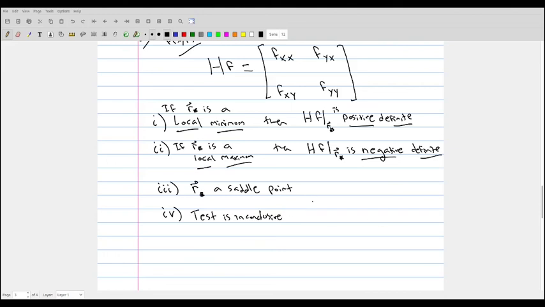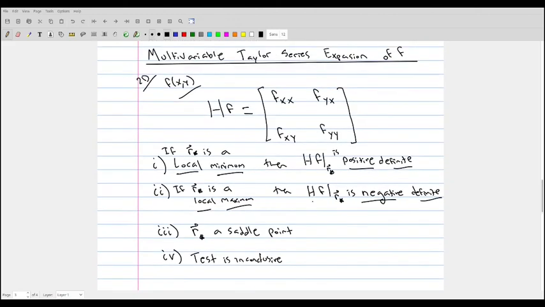Or it doesn't actually tell you whether or not the R star is a local minimum or a local maximum. So these are the four conclusions of the second derivative test, and it actually comes directly from the multivariable Taylor series. I might include an optional lecture a little bit later on to go over this more, and I'll talk about how to actually get the multivariable Taylor series expansion of a function and show this for a given function,